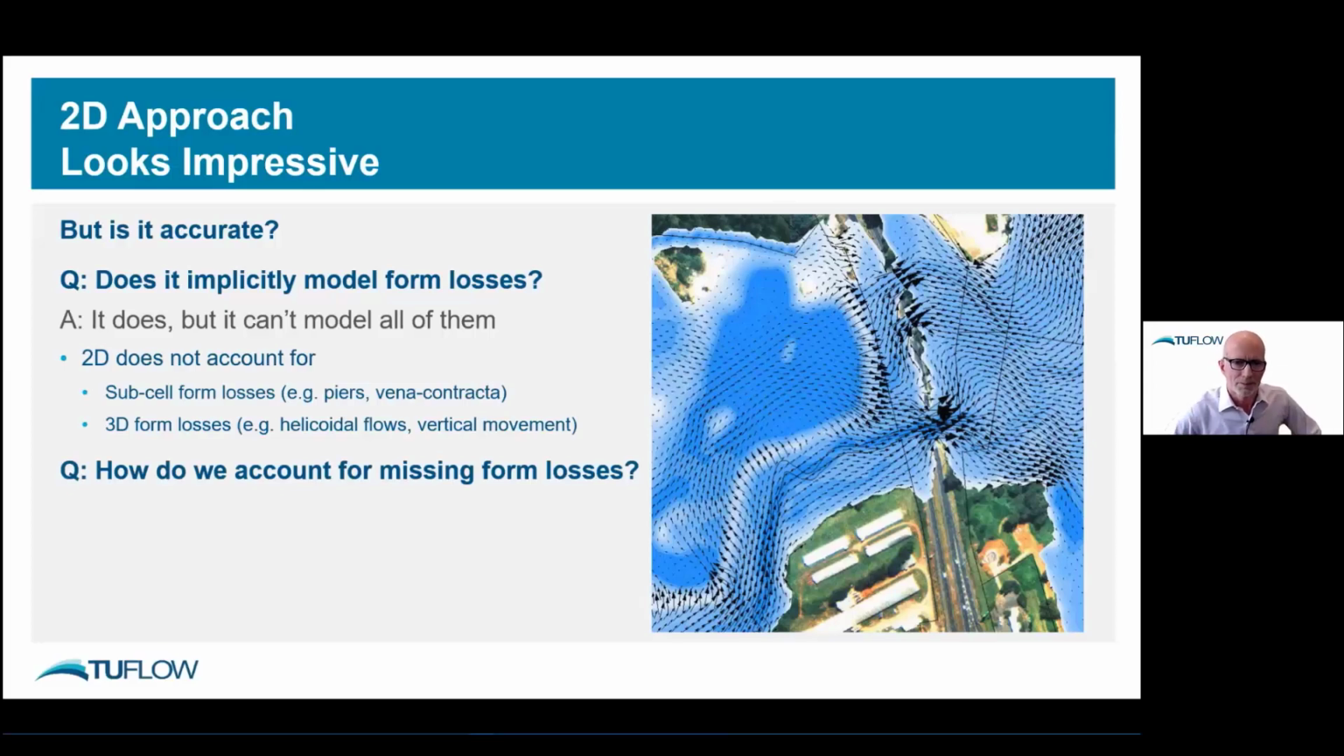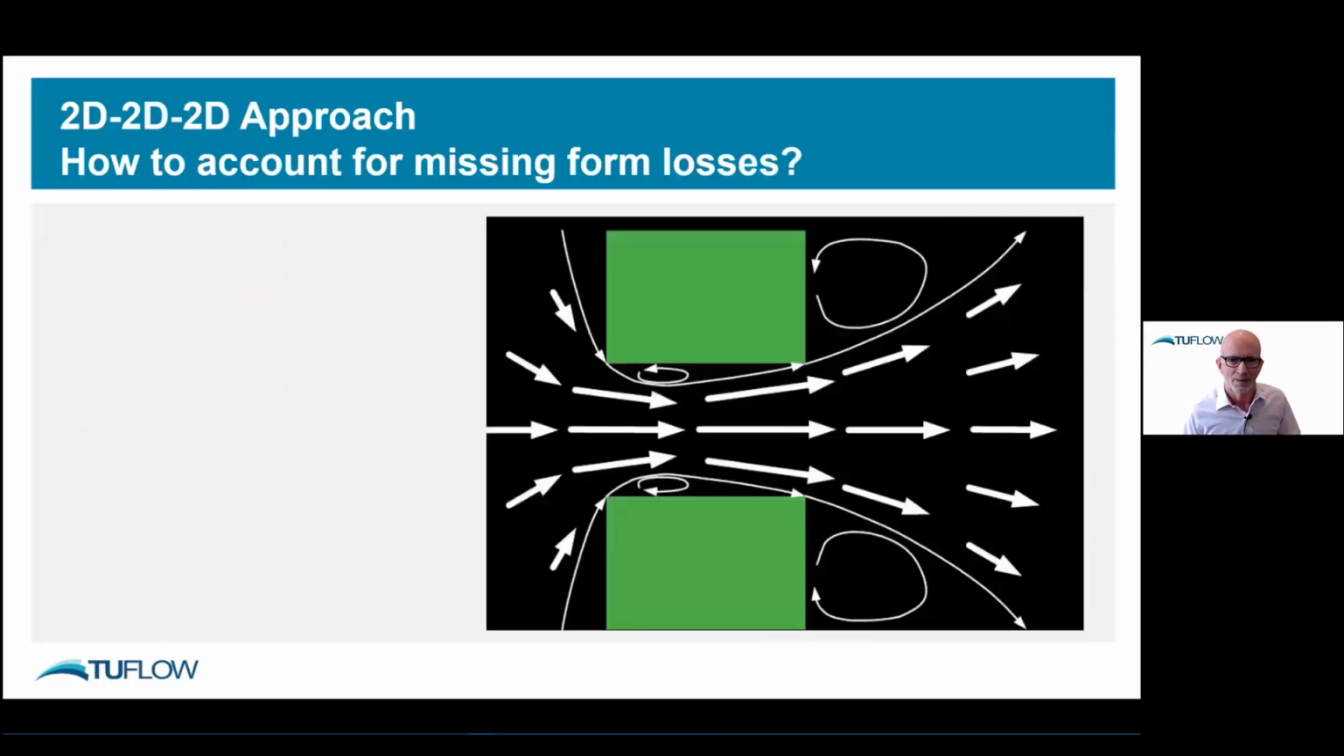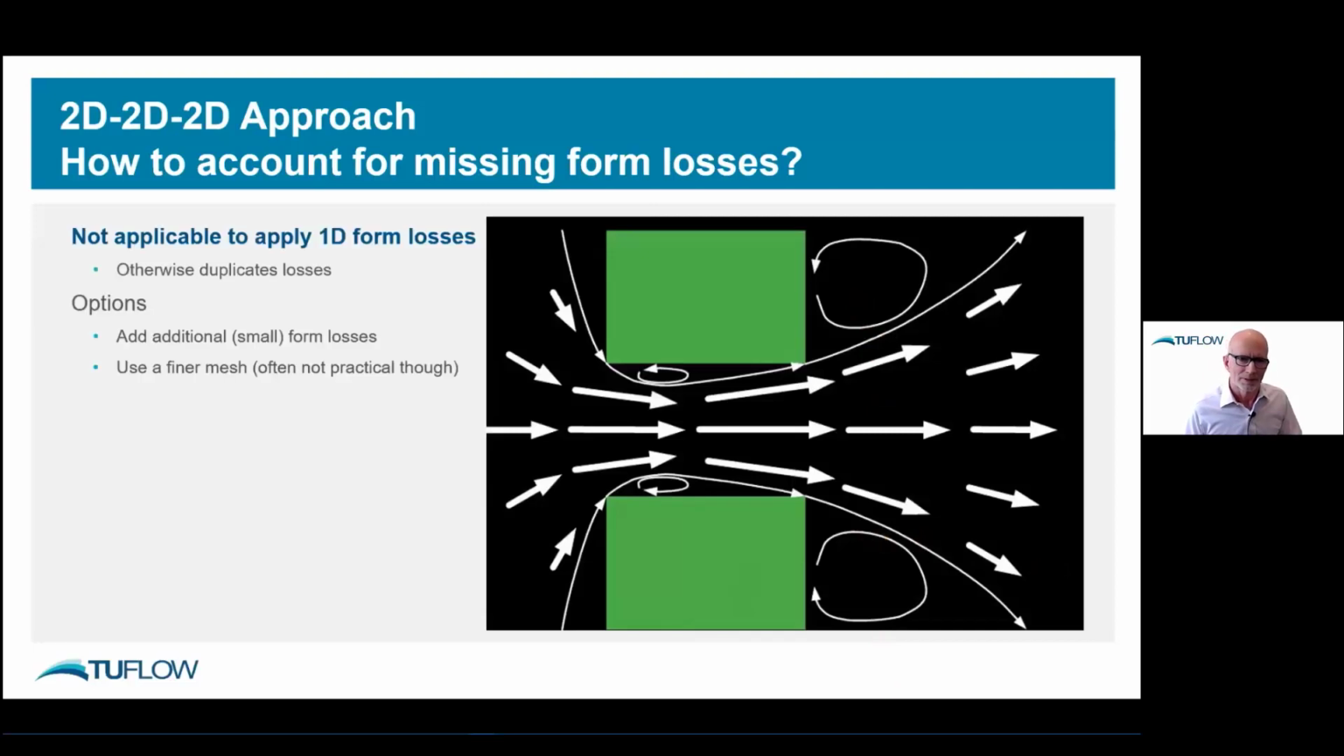And so those missing form losses, how do we account for those? That is indeed a very good question, and that's what we'll be discussing. So here we have the 2D version of our little constriction. Water's coming through, speeds up and then expands, eddies form. So as we've discussed, it's not applicable to apply your 1D form losses. Otherwise, if you just applied your 1D form losses,